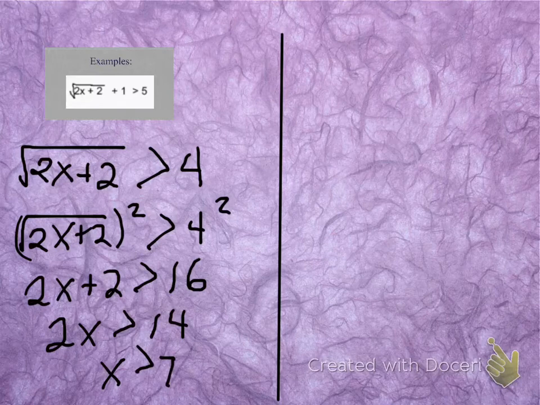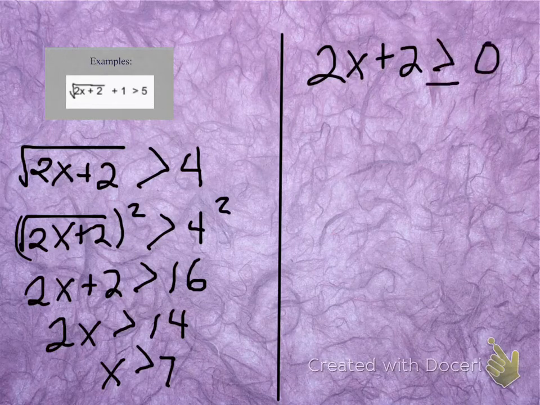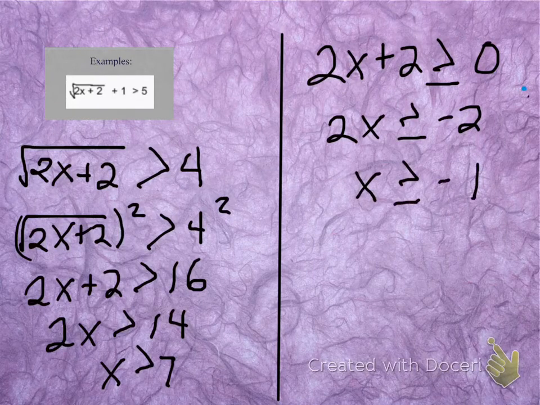Now here you have to be careful because check out the sign. It's different from the other ones because this one is only greater than. It's not equal to, just greater than. Now, I made the radicand greater than or equal to 0. I then subtracted 2, and then I divided by 2, which means that x is greater than or equal to